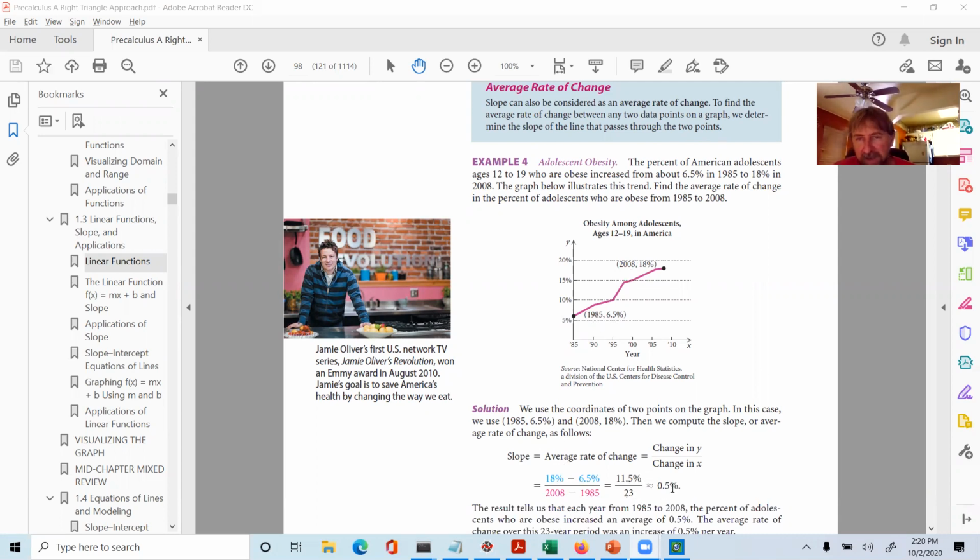And we see that there's a 0.5% change in obesity of children from 12 to 19 in America per year. We're increasing by 0.5% per year. So that's not too good. And you extrapolate that all the way out to 2020, another 12 years, we could do that. We could extrapolate that. Once we know this equation, now we can plug in X,